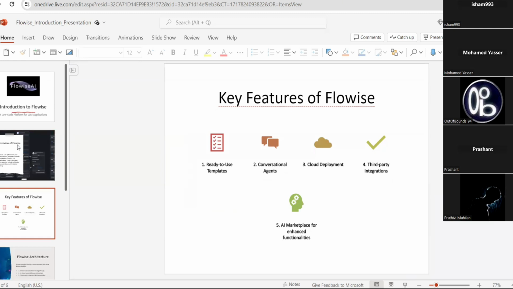The second thing is they have conversational agents. There are agents as well. Separately, you can create an agent and you can incorporate it into your chat. And you can deploy it anywhere, even on-premises or cloud deployment, wherever you need. It's easy to deploy. And all third-party integrations, like it is connected with all APIs, all vector-based databases, and all